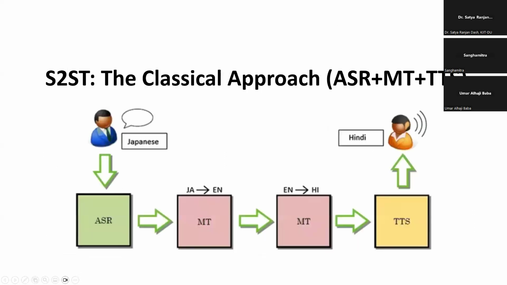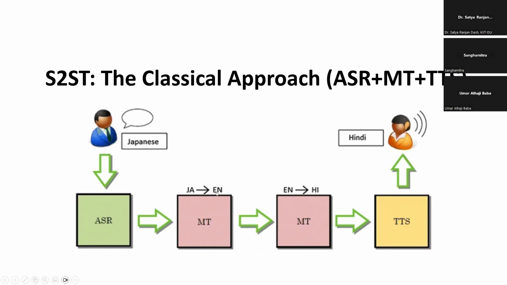Now coming to the classical approach, which consists of cascading the three main modules, that is the ASR module, the machine translation module, and the text-to-speech module. So in this diagram, you can see that this system is converting speech in Japanese, say for example, to speech in Hindi. So here you can see the first block is the ASR, which will convert the speech in Japanese